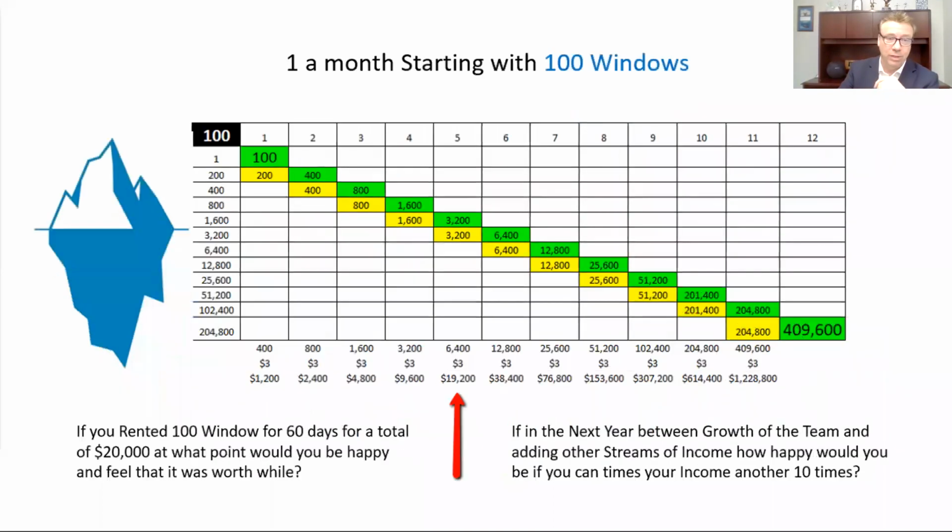Well, if it works for 10, what if you did 100? What if you rented 100 back windows at the top of our build here in the travel company? You've got 100 right at the top of this opportunity, like a nuclear bomb ready to go around the country, around the world. And those are going to roll into the next opportunity and the next opportunity. Ten times the $2,000 would be $20,000. Would you be happy if in 5 months you had $20,000 a month coming in, and it continues to grow and grow? I believe